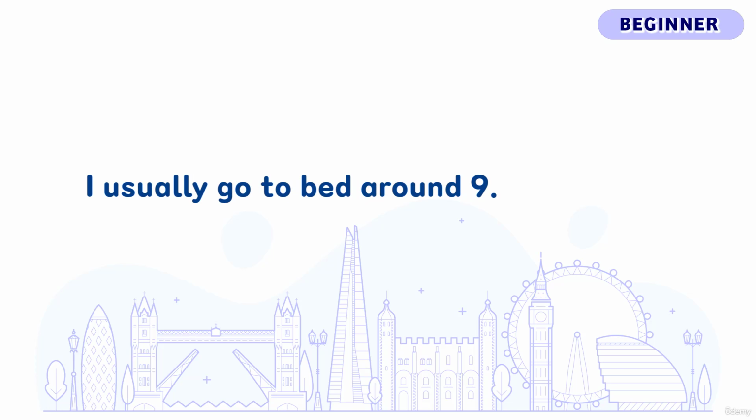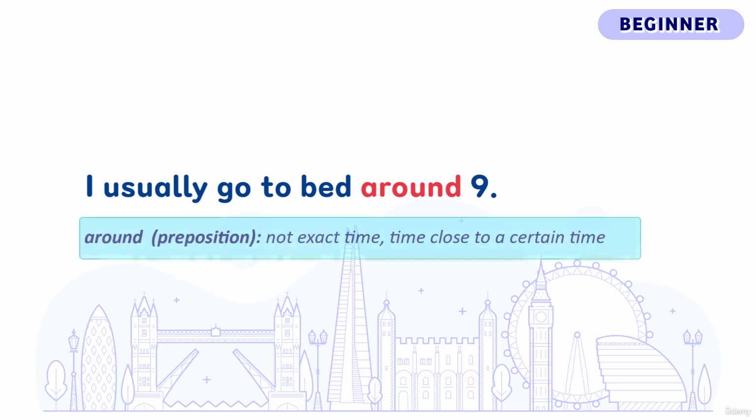I usually go to bed around 9. So far in this course, we've already seen sentences similar to this. And in our response, we still use the phrase go to bed to talk about preparing to sleep at night. And to say what time we do this, we've used the preposition around. When we use around to talk about time, we're saying that we do something not exactly at this time, but near this time. So when we say I usually go to bed around 9, this may mean that I go to bed at 8:50 or 9:10.